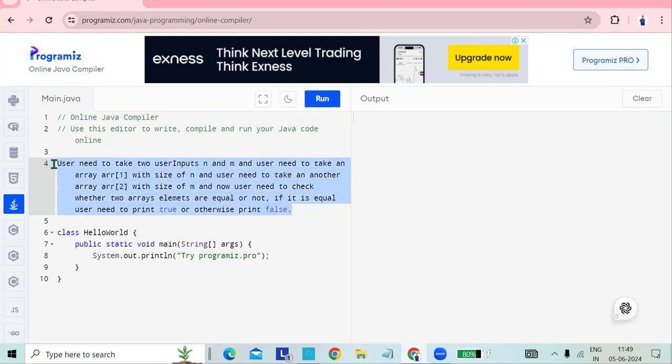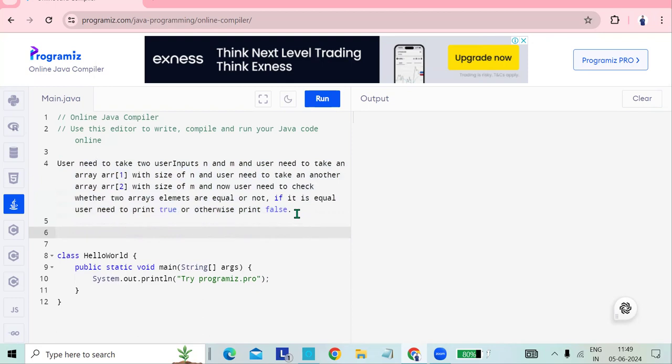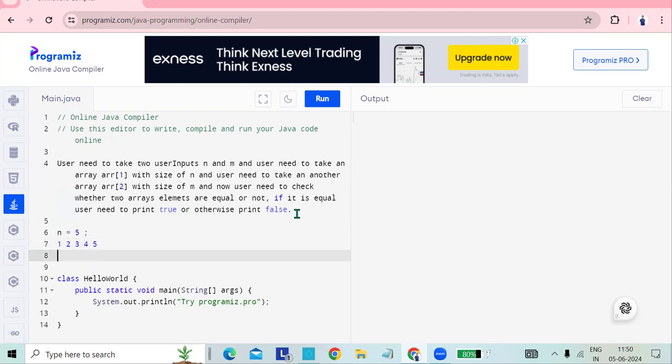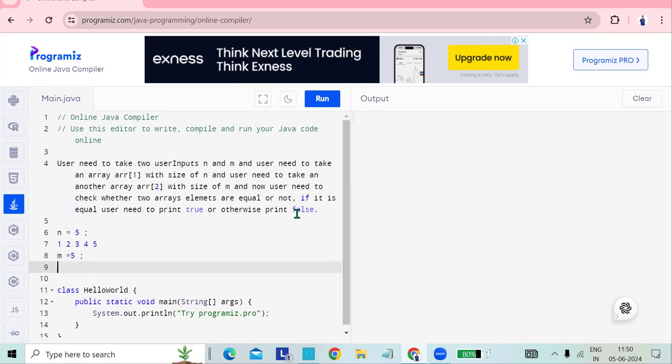So let's comment this. So I will give some example. For example, I have given n value is equal to 5, and these are the inputs: 1, 2, 3, 4, 5. And I will give m value is equal to 5, and I will give 5 values